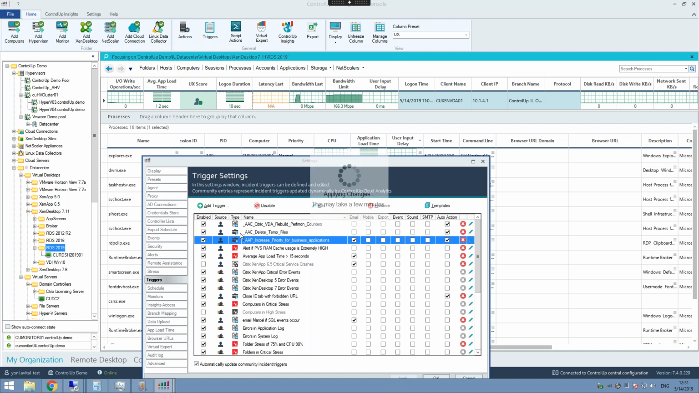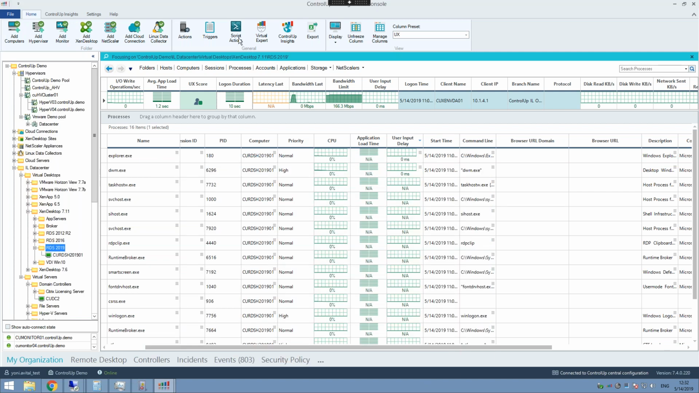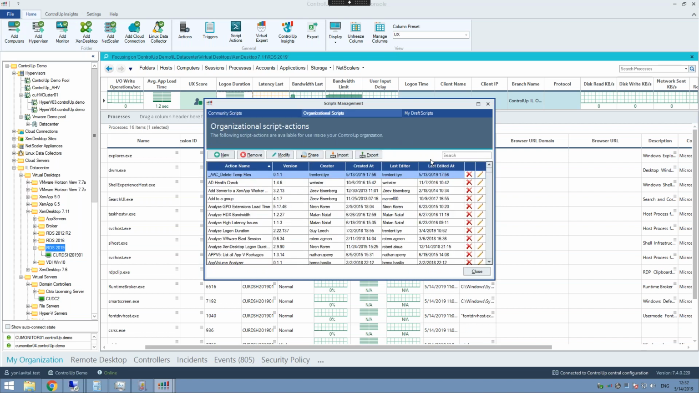I also want to show you the script before we actually simulate this specific scenario. We are enabling the trigger, and I want to show you how the script action looks, which is going to automatically run once we meet this specific incident trigger condition. So let's look at script actions. So it's VE dash,